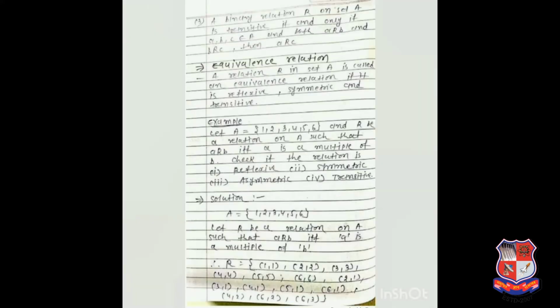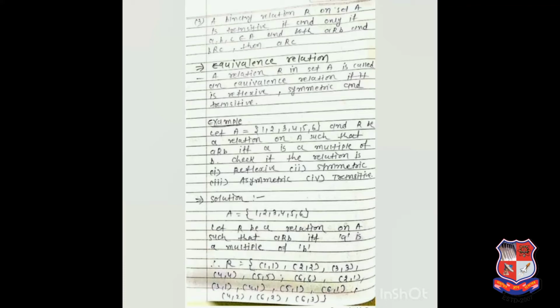The third property is the transitive property. In the transitive, you have to take a minimum of 3 elements. So we are taking the 3 elements a, b and c, and the first 2 conditions we have to satisfy. Suppose a is related with b and b is related with c, then from the transitivity property, compulsorily a should be related with c, then only we can say this relation satisfies the transitive property.